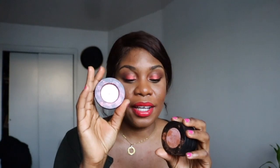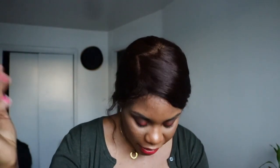This is probably a recent purchase of mine that they're actually sold at Sephora now. But the Melt Baby Girl Stacks, I wanted for the longest time, and this is what happened. The entire shadow decided to crack and crumble, and I'm messing up my bag. There we go. But the colors are pretty,